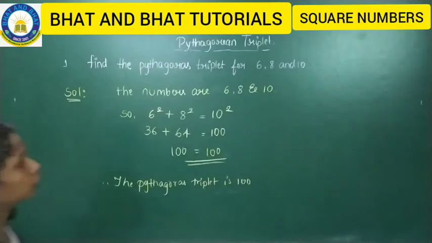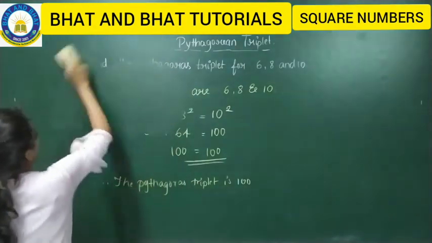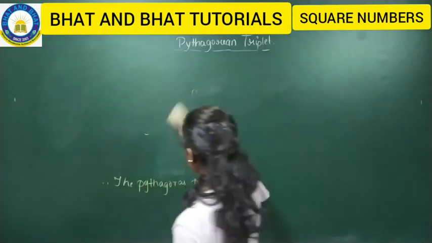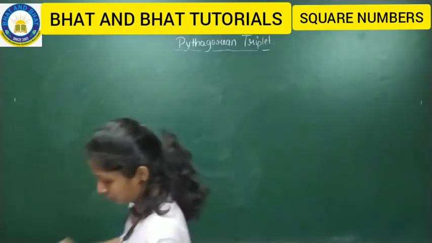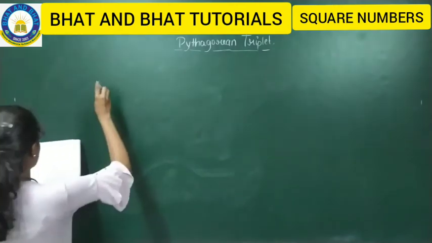Fine, hope you all copied this. We'll move on to the next part, the second one. This is just an example which I gave you about this triplet. You can copy down this. We get the Pythagoras triplet